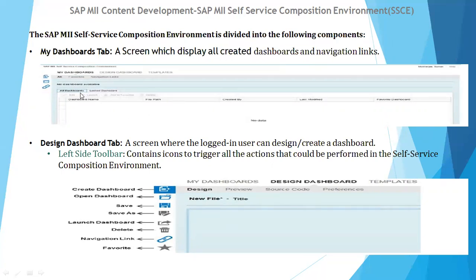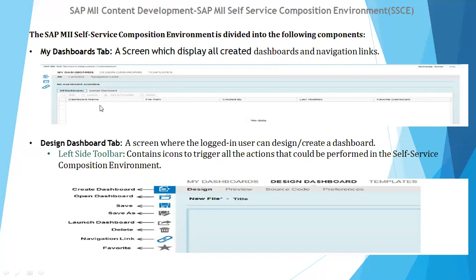Here you can see there are three tabs on the top. One is My Dashboard, another is Design Dashboard, and then there is Templates. So here you can see Design Dashboard, or here you can see My Dashboard.